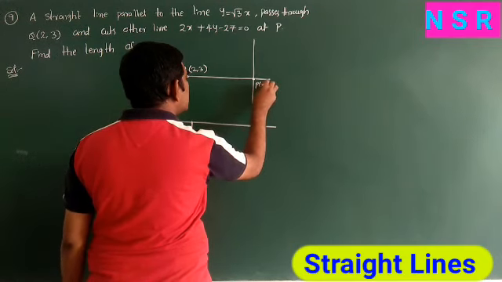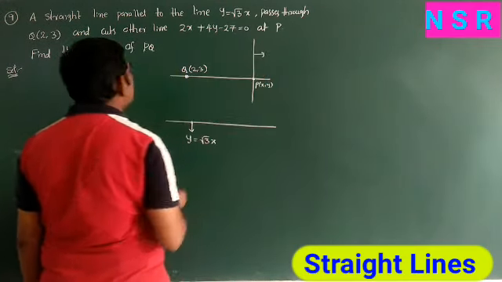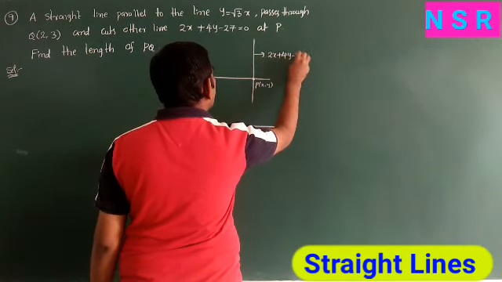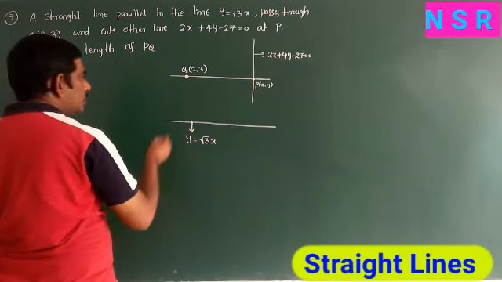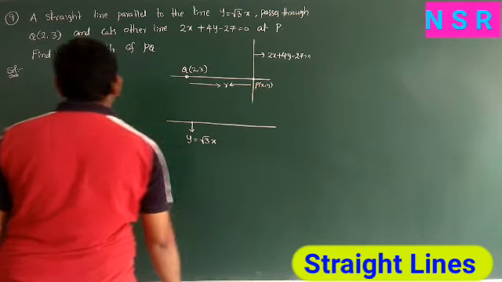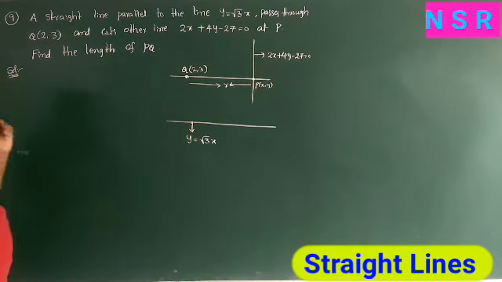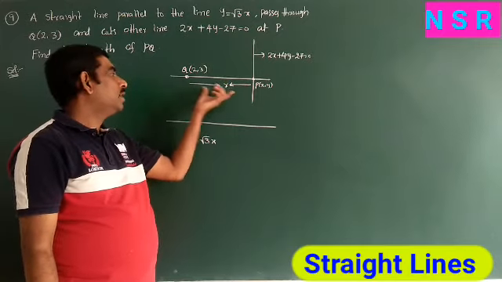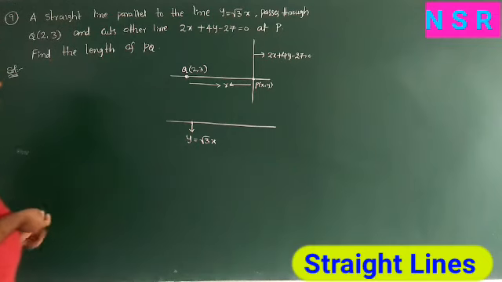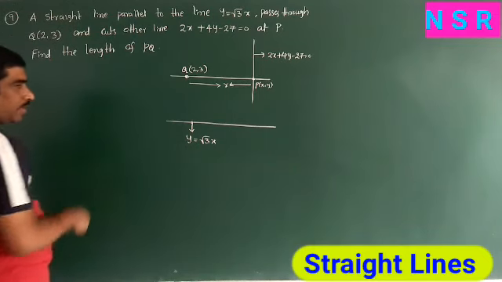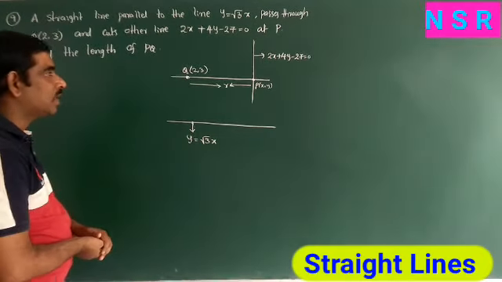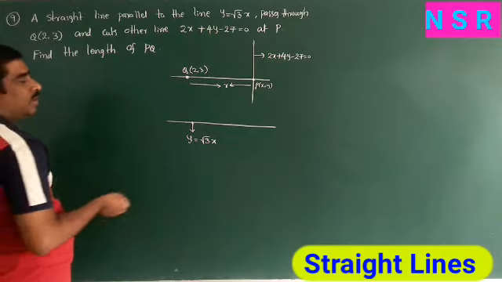So take this as x comma y, and the given line equation is 2x plus 4y minus 27 equal to 0. So we have to find the distance PQ. Consider the distance PQ is r. So find any point on a line and also find the distance along this line. So here also we are using parametric equations. Before that, find the theta value. What are parametric equations? x is equal to x1 plus r cos theta, y equal to y1 plus r sin theta. So here the theta value is not given.